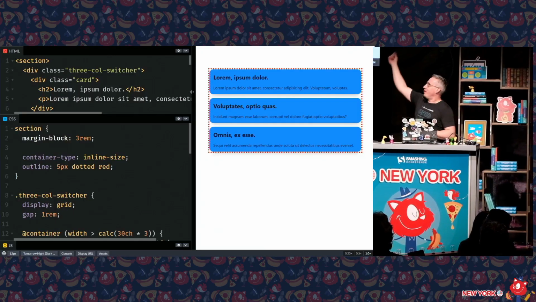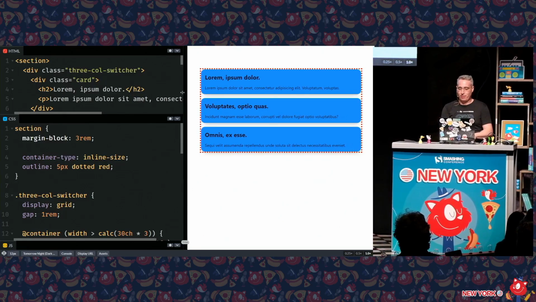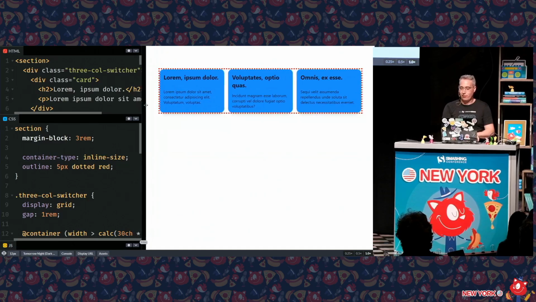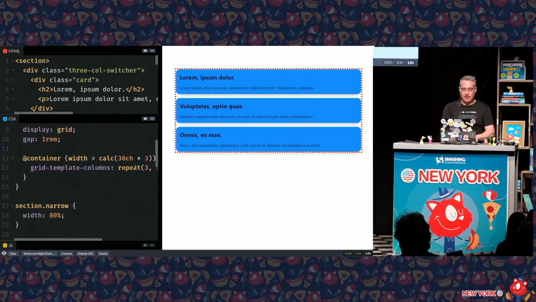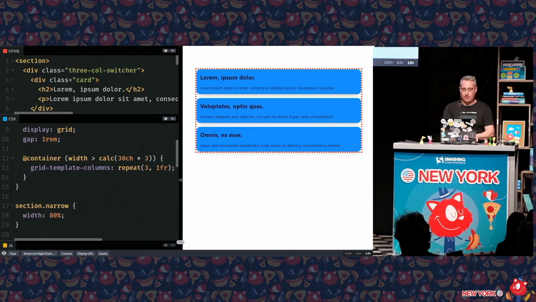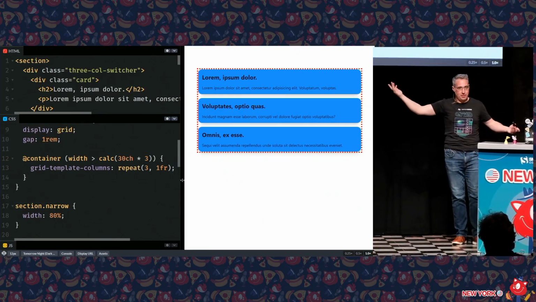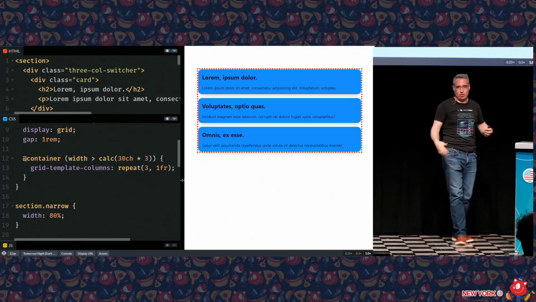So here, once again, I did the red outline thing just so we can see what the container is. And I'm going from, this is basically what Miriam had shown in her post, where we go from stack content to 3 columns. And down here, I'm setting it up with 30ch right there. And actually, for the developers in the audience, you might be saying, why 30ch and not 300 pixels? The designers in the audience might be saying, hey, that's kind of cool, because designers usually know we have like